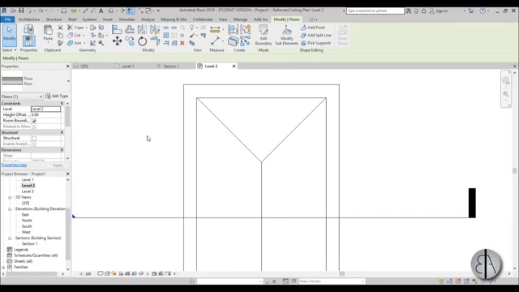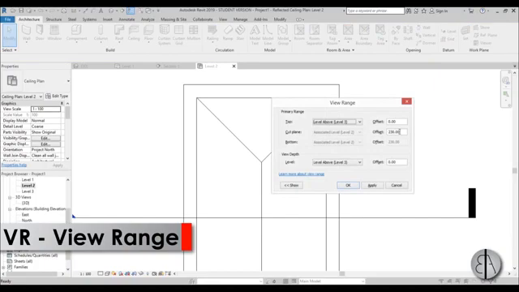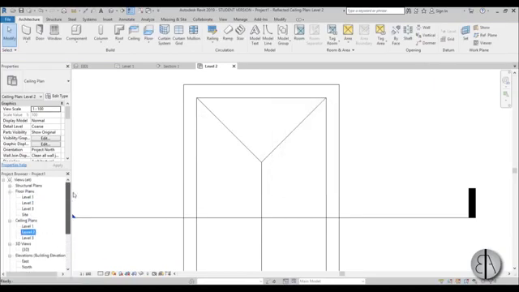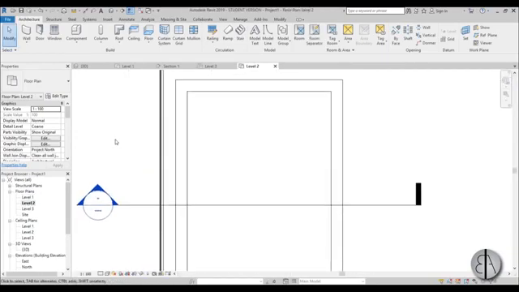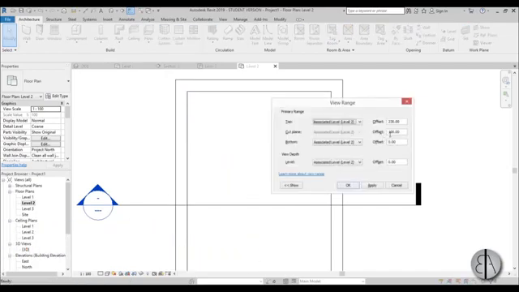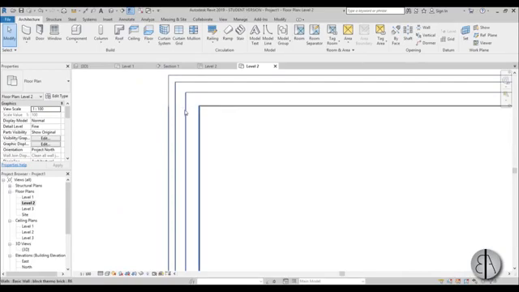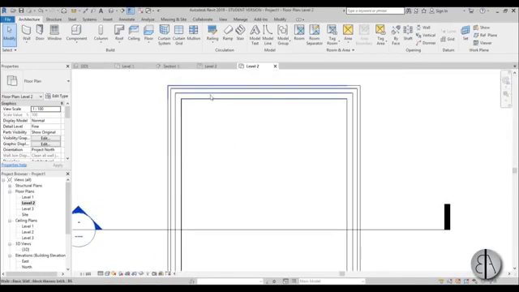So I'm just going to type in VR for view range, and okay, oh, we're in ceiling plan. Okay, let's go to level 2. Okay, and let's just type in VR for view range, and let's change this to 100, and you need to hit apply. Okay, and just go here to Fine. Okay, now we have all of these wall layers,